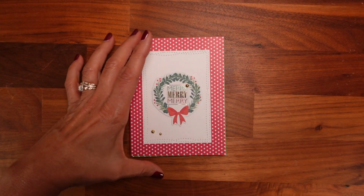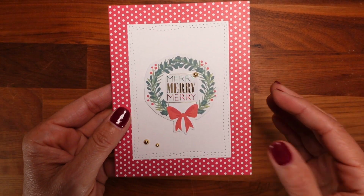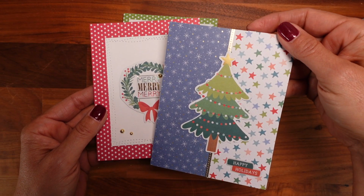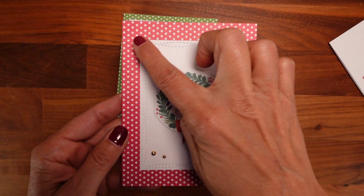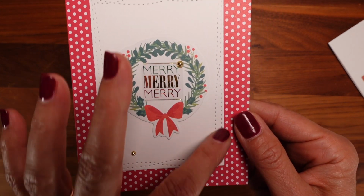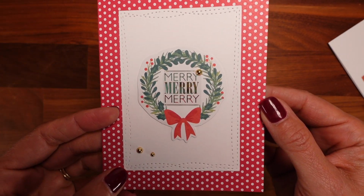I just sometimes add card bases like this one. This is not from the kit; the kit comes with white card bases. So that's where I do this kind of card, where I just cover it with the paper that comes in the kit. But this one I used again from the same box from Hobby Lobby, and I used this stitched frame cutting die with just a little piece. And yeah,